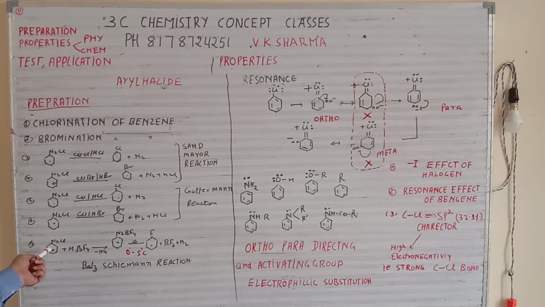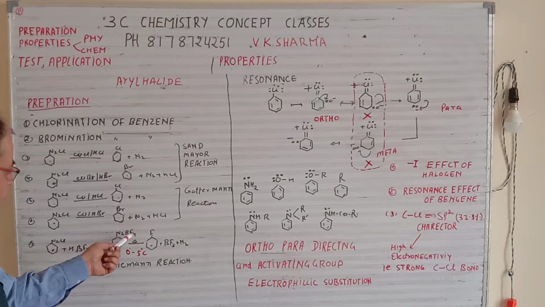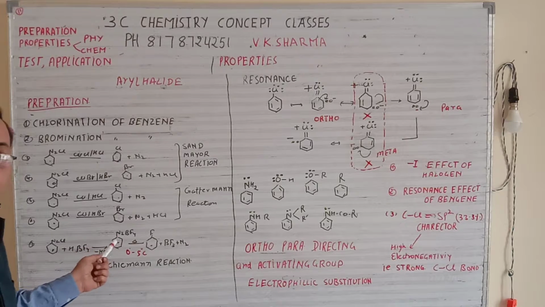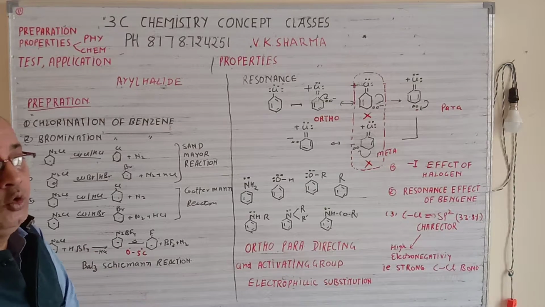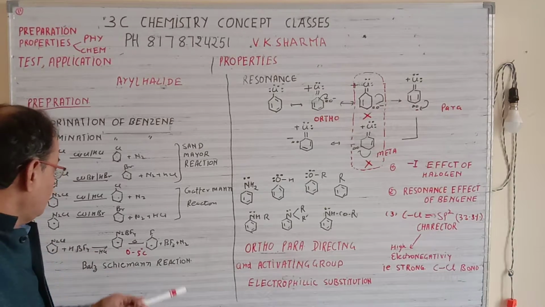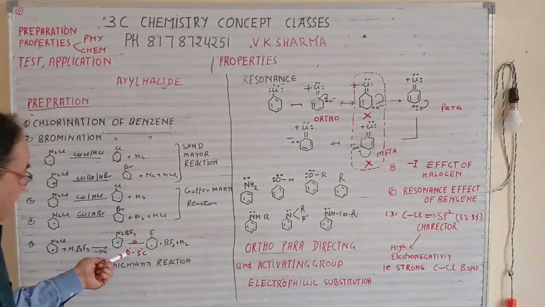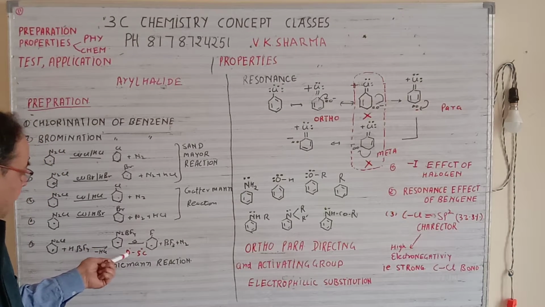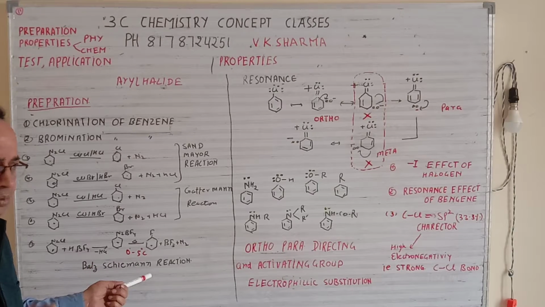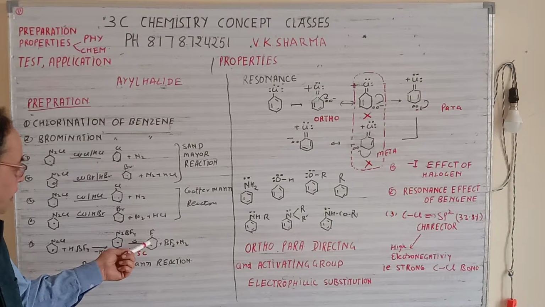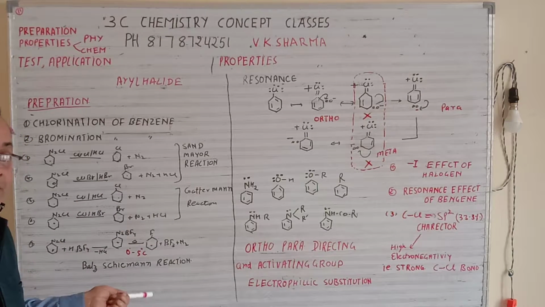Next, we have diazonium chloride reacting with HBF4. So HCl is taken out, and it gives you N2BF4. As I told you, the benzene compound with fluorine is highly unstable. So when this compound is heated at 0 to 5 degrees Celsius only, very small heat is required, it gives you fluorobenzene, which is again a very unstable compound.